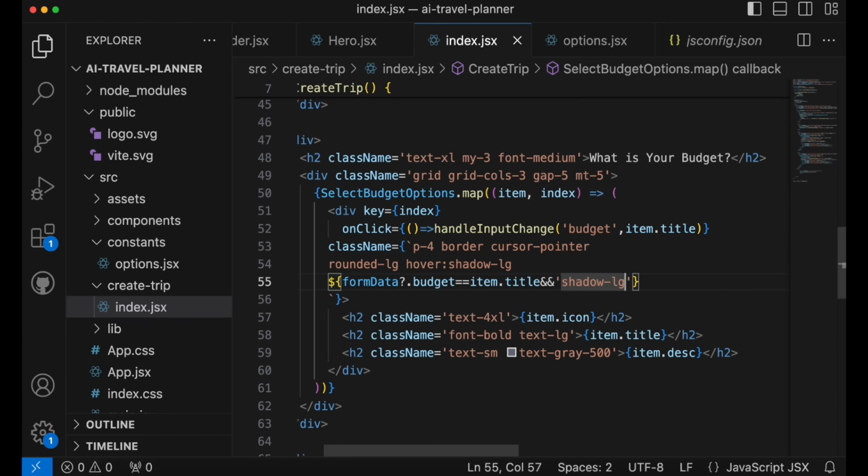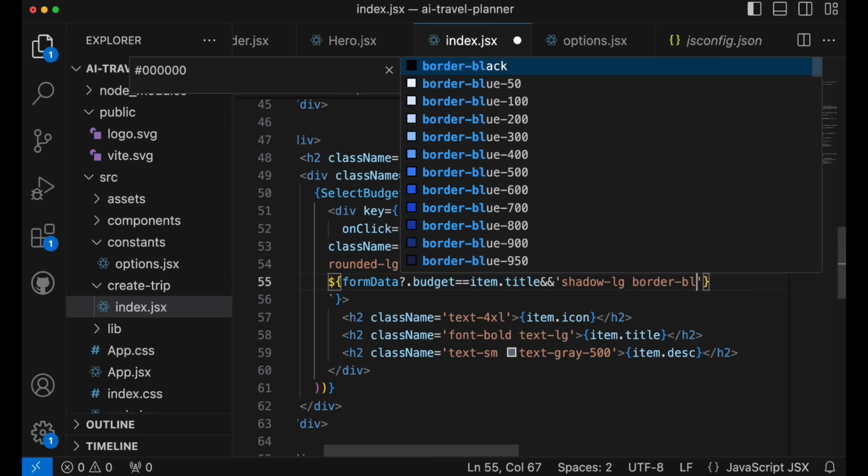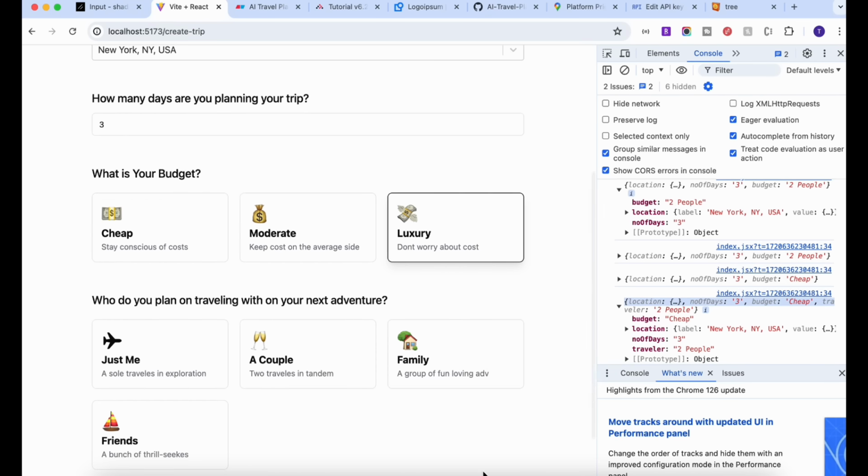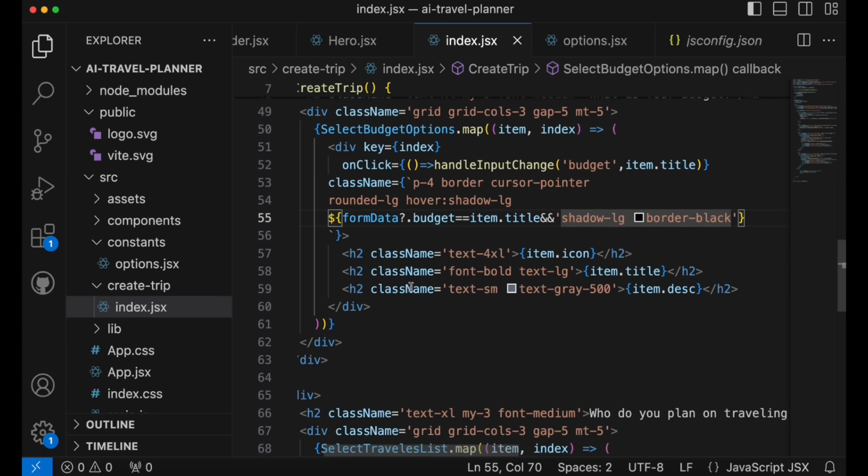Okay, also I will add a border black. Perfect. See, if I select this moderate, it's selected moderate. If I select the luxury, luxury is selected. Same thing we're gonna add for the